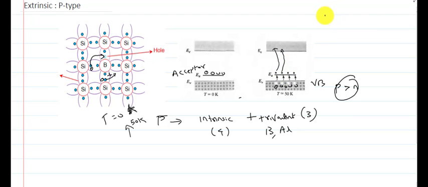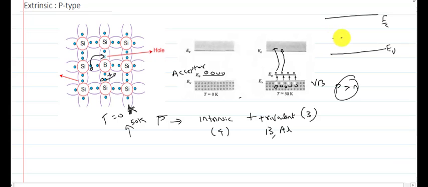So we can see the final energy band diagram of p-type, with EC, EV and EI. EI is always in the middle. So actually this is the intrinsic semiconductor. If we dope this intrinsic semiconductor with boron atoms or trivalent impurities, that impurity level should be represented closer to the valence band, and this impurity level is known as the acceptor level, EA. So that EA will be closer to the valence band. So this is the energy band diagram of the p-type semiconductor.